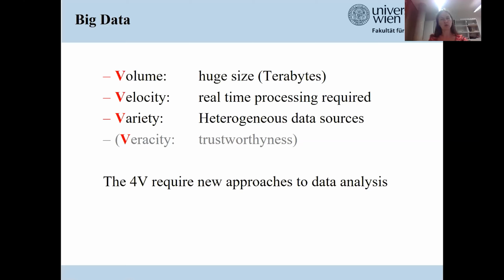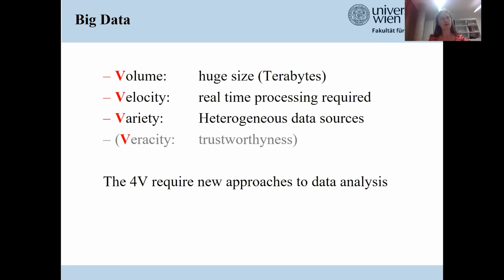So you have a huge volume of data, often many terabytes. Just imagine a very huge volume. Often you have temporal data which comes with high velocity, and that requires real-time processing.